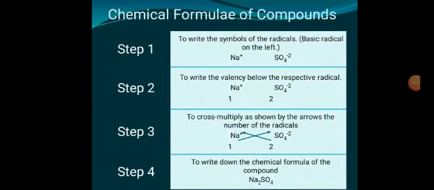Children, we are going to study about chemical formula of compound and steps involved in writing them. The characteristic of a compound formed by ionic bonds is that its molecule has two parts. These are a cation and an anion, that is a basic radical and an acidic radical. These two parts are oppositely charged. The force of attraction between them constitutes the ionic bond.